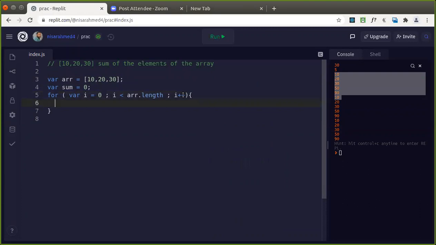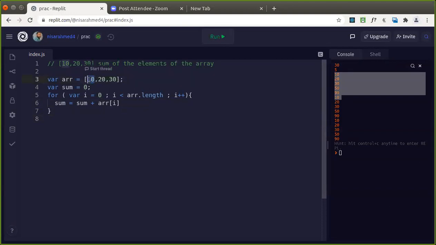Good. So you can just go here: sum is equal to sum plus, what are we going to do here? Each element from the array that you take, you are going to add it and store that value in the sum. So how does it go, guys? It's a simple logic to find the sum of the elements.